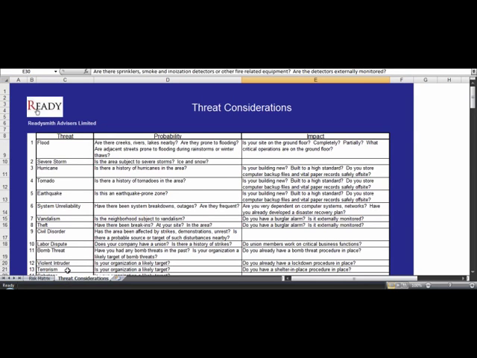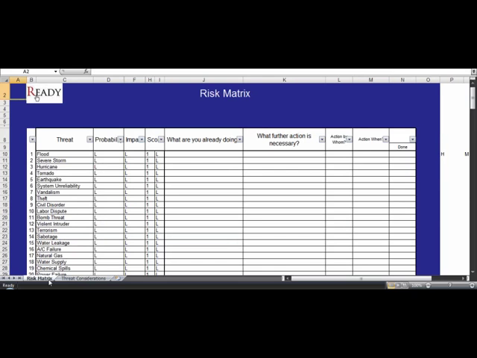For example, on the probability of a flood, and then to seed your thinking on the impact of a flood, and so on. Now I will take you back to the risk matrix sheet. Remember though, you need to read all through the material in the Risk Assessment Work module before you go to this risk matrix spreadsheet and start filling in anything. When you've read through the work module, you'll come here and start assessing the probability of a flood, for example,